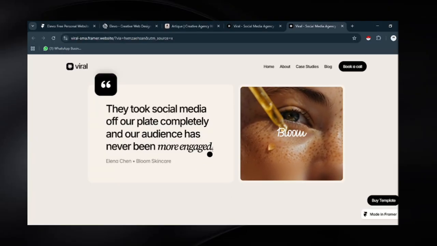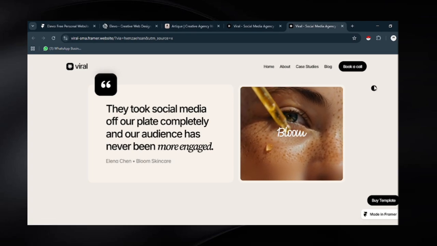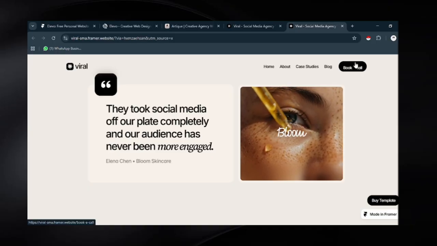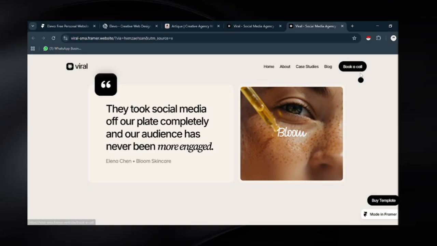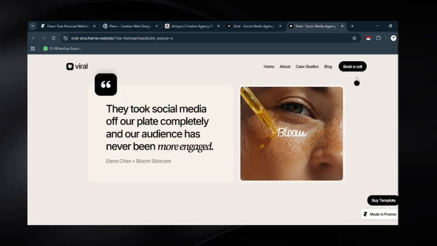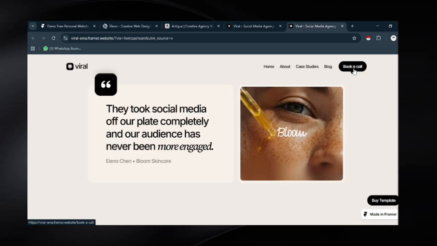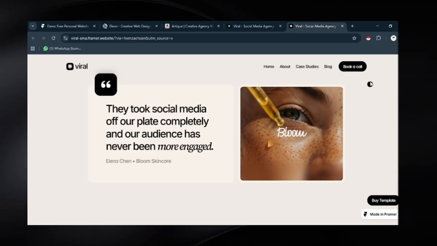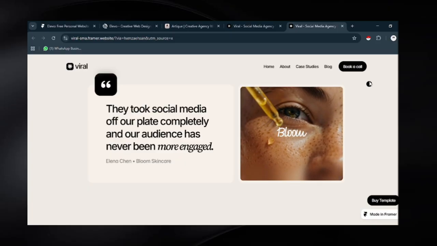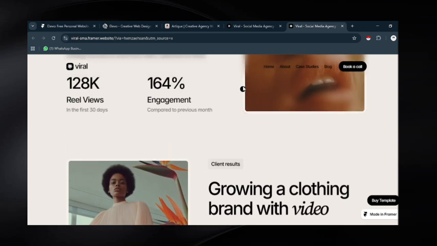By the way, I like his navigation bar as well, like this CTA button. Notice that it's going down instantly, I mean hiding instantly, and then another one is popping up like this. What do you call that machine? I don't know, I guess you guys know the name. So okay, let's